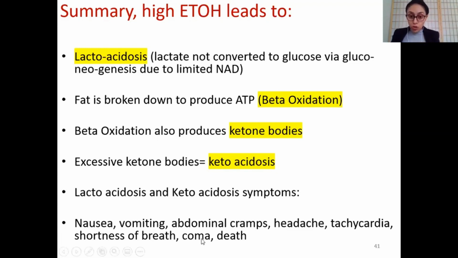They may be complaining of a lot of cramps and headaches because of, say, their excessive drinking issues, and you see that blood levels are high in ketone bodies. You can show them this entire connection, that the symptoms they are experiencing are not independent by themselves. These symptoms are an outcome of a lot of things already undergone in the body, which is your lactoacidosis, ketoacidosis, and so on and so forth. Therefore, it is so important to understand these underlying foundations, these underlying sciences, before you start learning how to treat a patient, which